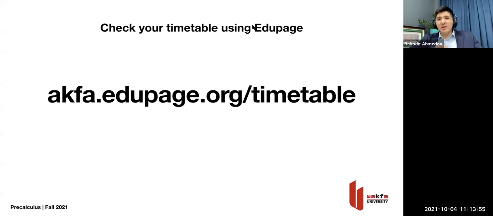In order to do this, please go to this webpage as often as possible, every day in the morning, at least in the first couple of weeks, because until we set up everything, it's usually like this in all universities. You need to go to this webpage, check your timetable, and go to your lectures accordingly, and you can get the Zoom links from the Google Classroom.